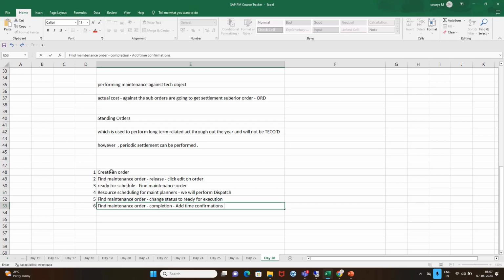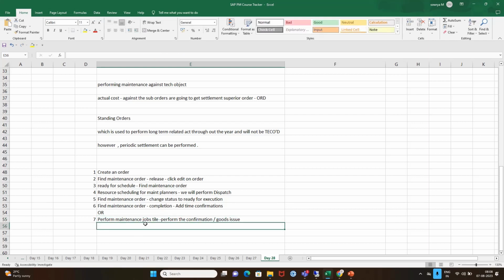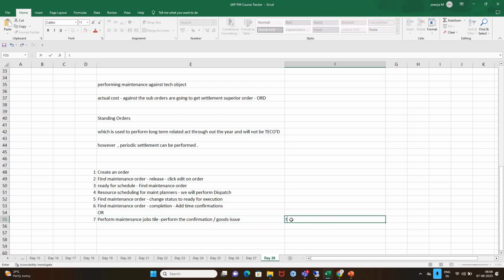Even through this you can go, or you can go to the Perform Maintenance Job tile. Okay, and you can perform the confirmation. Okay, along with goods issue also. Okay, goods issue. Here we have got some problem in our training. What problem? We are able to perform the goods issues, but this time the confirmation through this